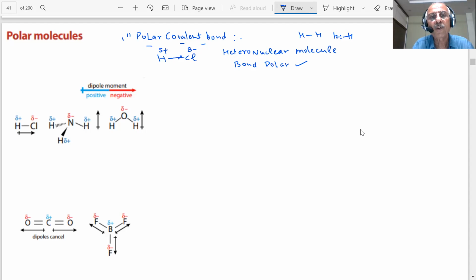And how do we show it? Similarly, if I take HF, this will be negative, this will be positive. We represent that the bond is polar by an arrow which shows that the negative charge is more towards fluorine than hydrogen. You already know fluorine electronegativity is 4.0, hydrogen is around 2.1. There is a huge difference, more than 1.7. We have already given you the Pauling electronegativity scale in the previous lectures. Such bonds become polar, and we say that these molecules have a dipole moment.